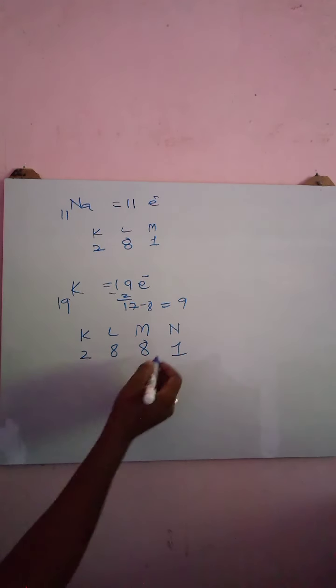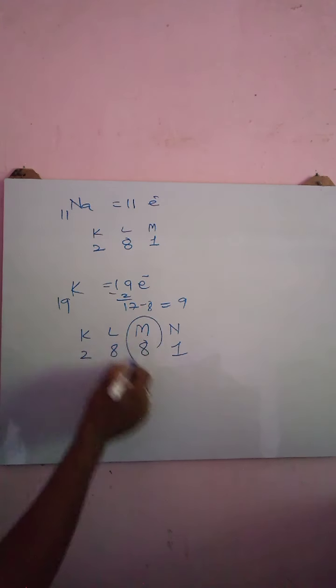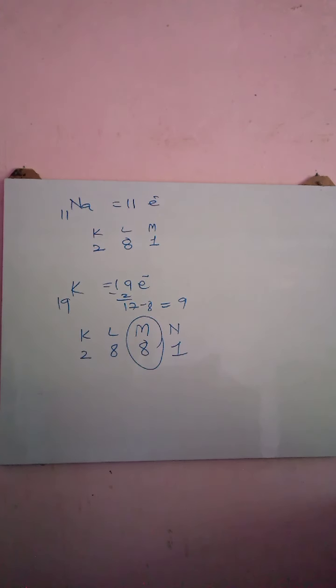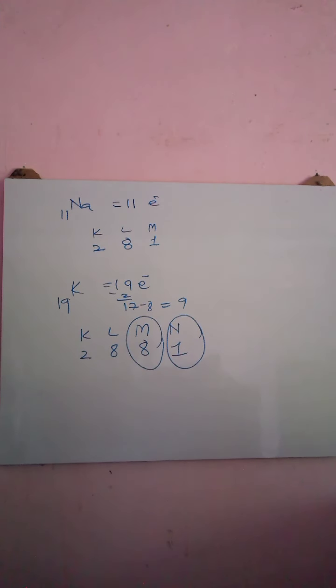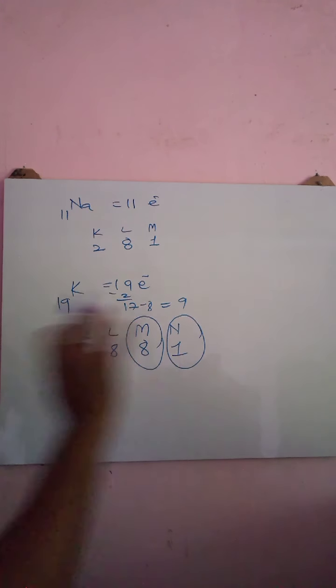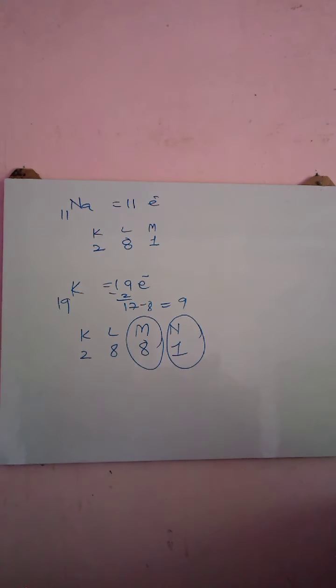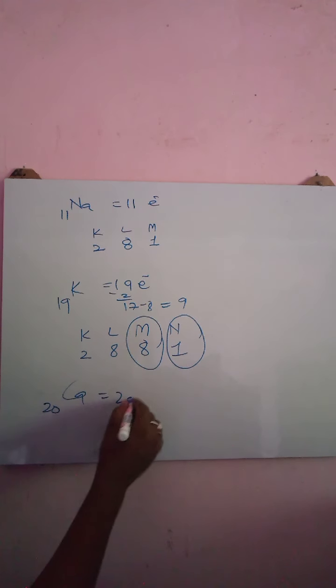Okay? Because as per the Bohr-Bury scheme, the penultimate shell should not exceed 18 electrons. Only 8 electrons are present, not exceeding 18. And the outermost shell cannot have more than 8 electrons; here, not more than 8, only 1 electron. It means this way is correctly following the Bohr-Bury scheme of electronic distribution. Clear? Similarly, if we talk about calcium, atomic number 20, 20 electrons.